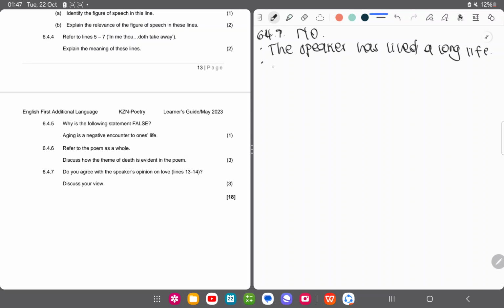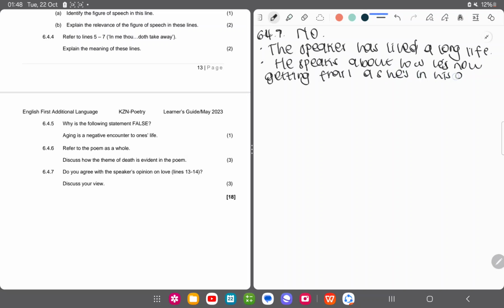And you can further continue to say he speaks about how he's now getting frail, as he's in his old age, and say this indicates